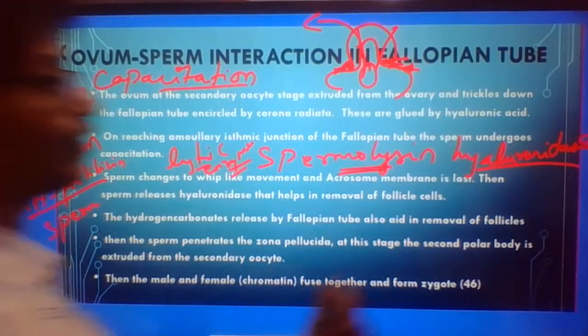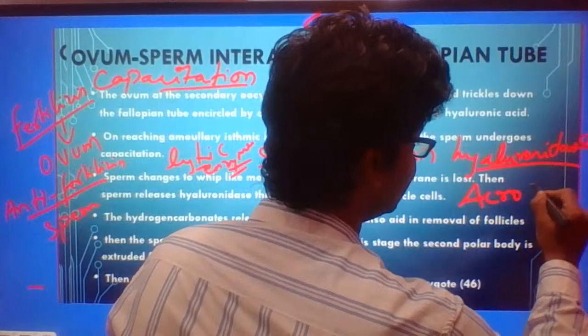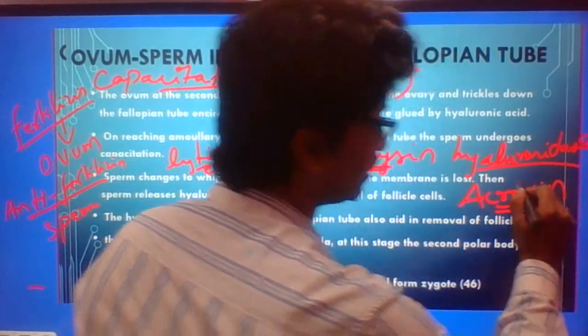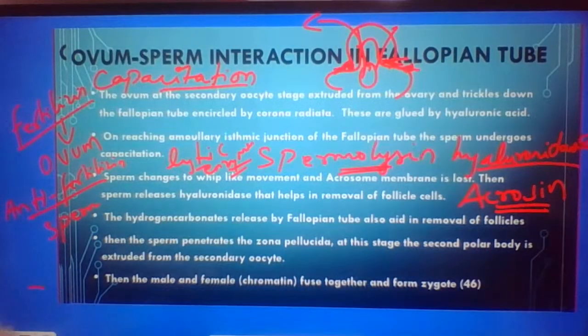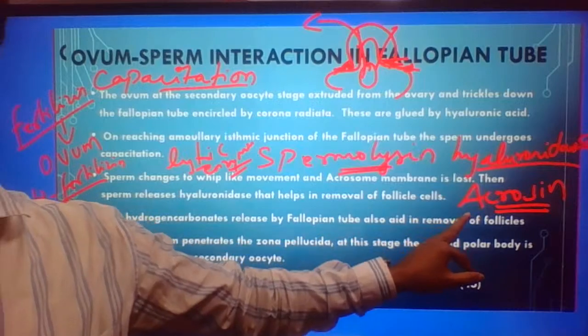This also produces acrosin. What is the main function of acrosin? The acrosome produces other secretions. From the sperm, the acrosome secretes acrosin. This acrosin digests